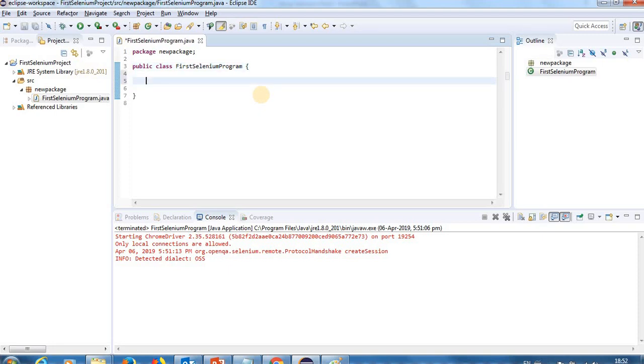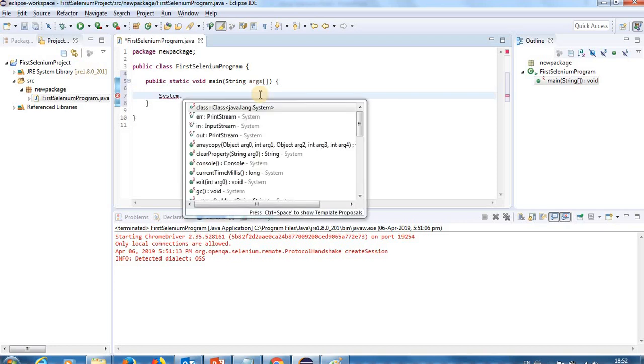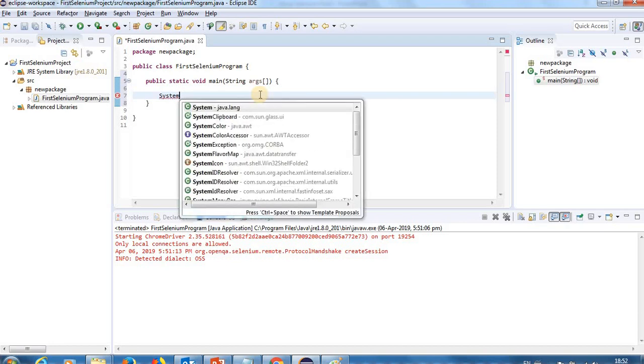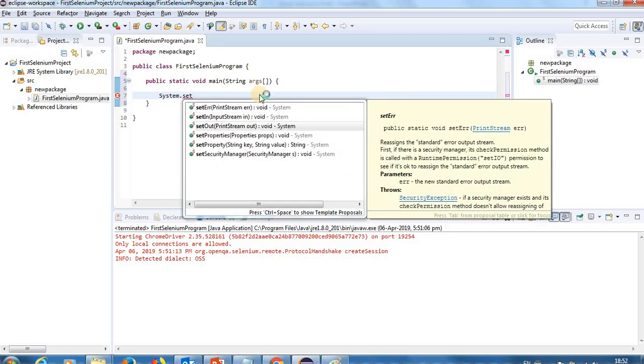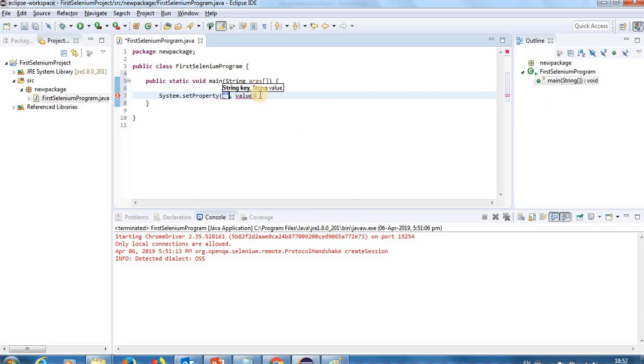So let me write a main method, public static void main, String args, and inside this main method we have to give our Chrome driver path. For that, in the System class we have setProperty. That's how we can set our Chrome driver path.